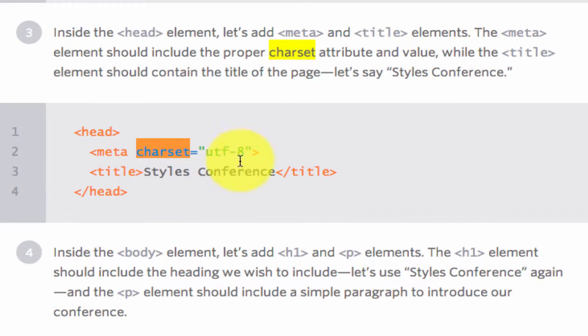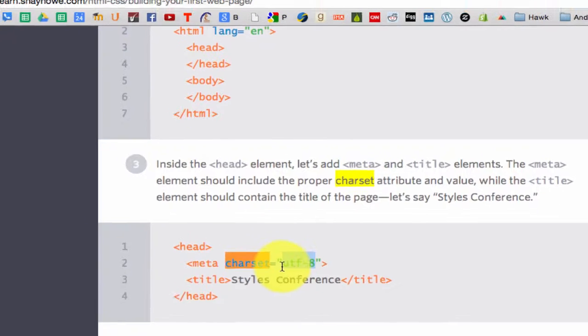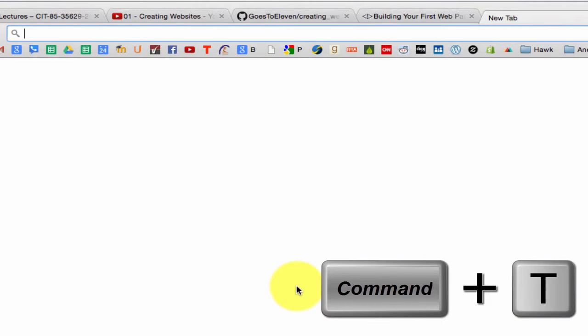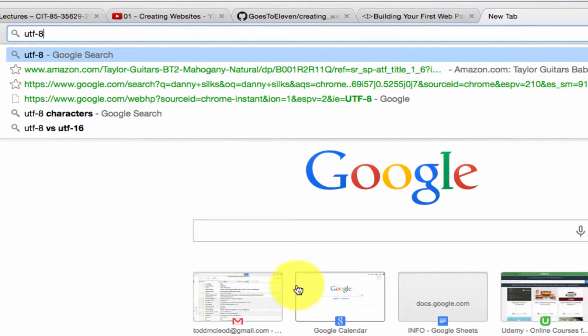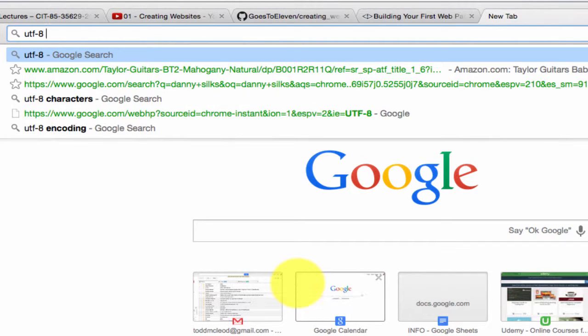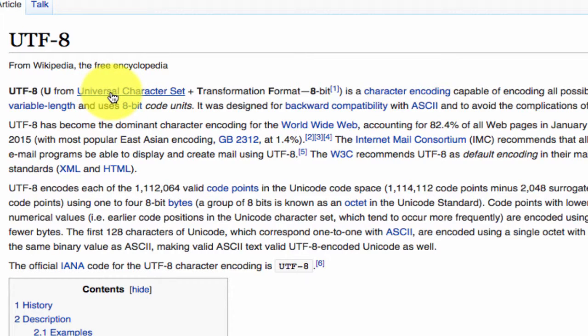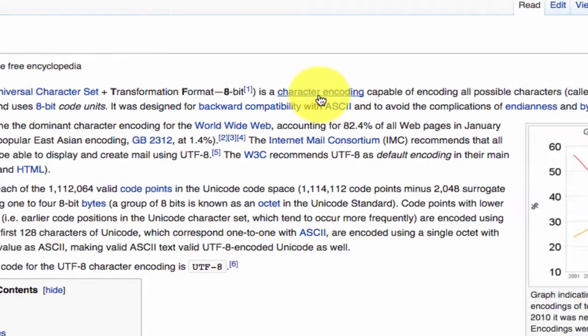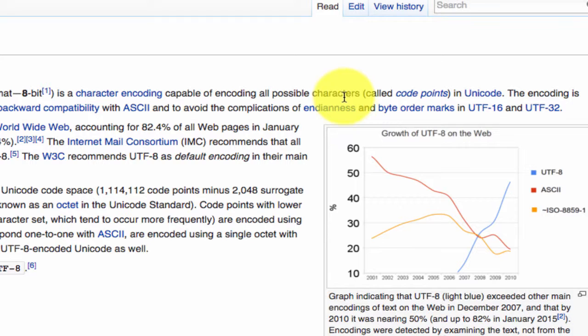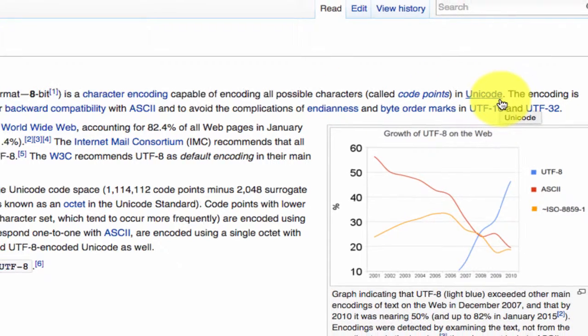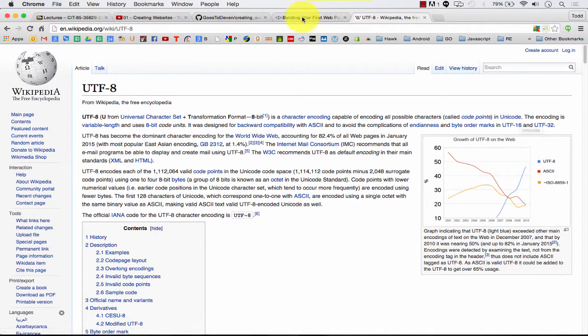And so if we look at UTF, what does UTF actually mean? I'm going to Command-C, Command-T, Command-V to copy that, create a new tab, and paste it. And I'm just going to look up UTF-8 wiki and read about it here for a second. It's a universal character set, a character encoding capable of encoding all possible characters, called code points, in Unicode. So it's a Unicode encoding scheme, and it basically is telling computers, hey, when you open up this document,